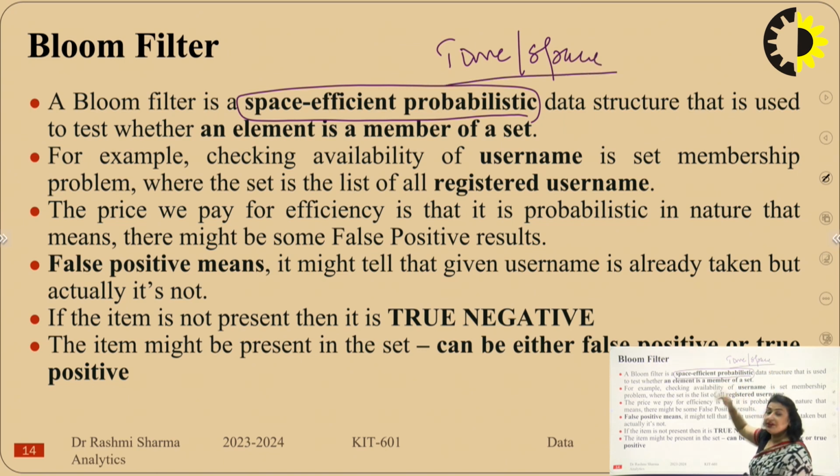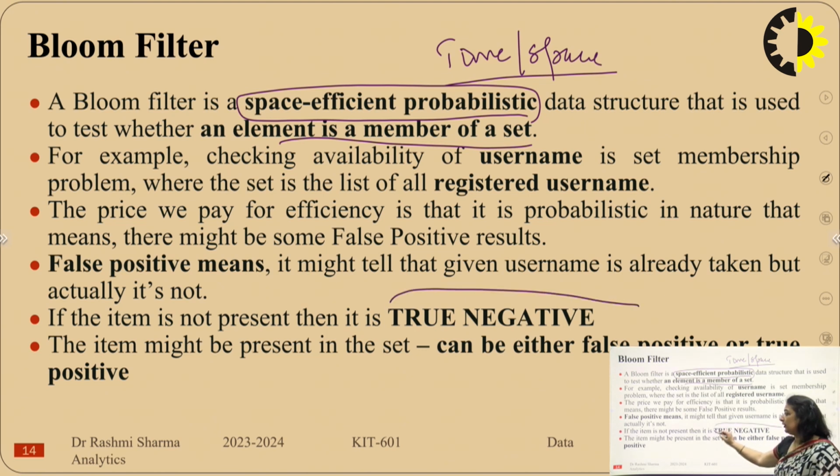If this is space efficient, definitely I have billions of data in a stream coming in, as I gave you the example of the live match that is going on. So I require an efficient algorithm which can filter out what I have to take into consideration while processing and what I don't. So it tests whether an element is a member of the set or not. If that element is not a member of the set, then definitely it doesn't belong to this input stream.